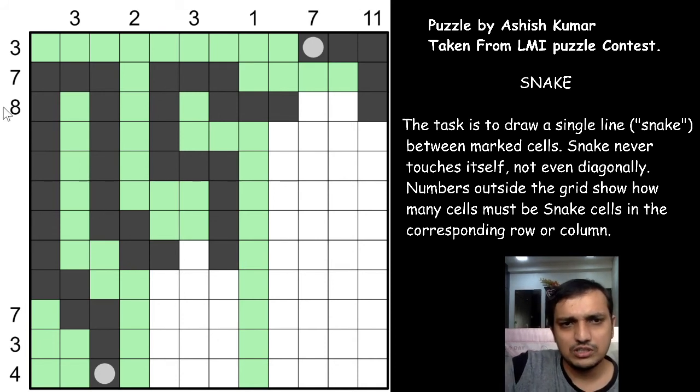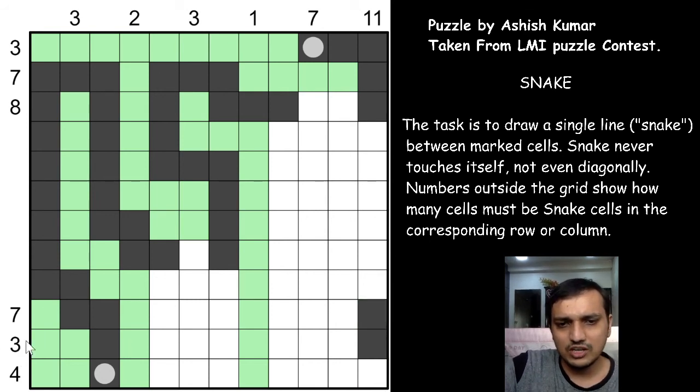So if you see the trick we used for the 7, whenever you have one extra cell in the grid than the number of snake cells required by the outside number, leaving the one corner cell, the other 2 cells will be shaded. So for the 11, if you see, there are 12 cells, and leaving this cell, these 2 have to be shaded. So what happens if these are not shaded? This also will be unshaded, and you will have only 10 cells. And what happens if this is not shaded? You will form a 2 into 2 group of shaded cells, right?